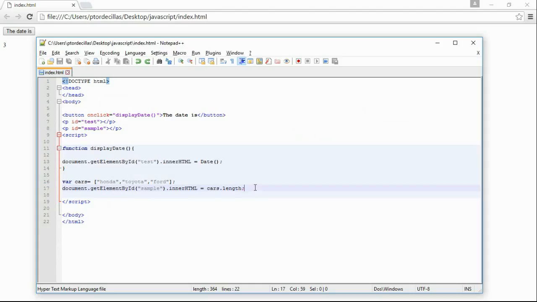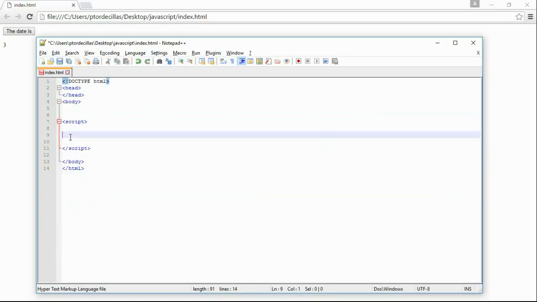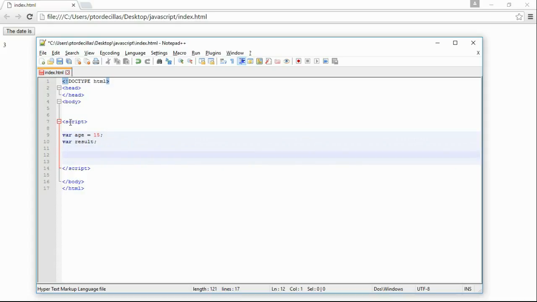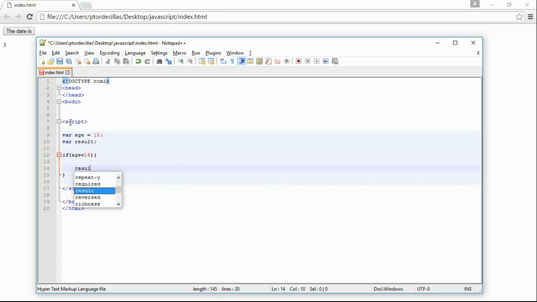First, let's go to our index HTML file, remove this and this, and type var age equals 15, then var result, then type if age is less than 18, and type then result is equals to less than age,